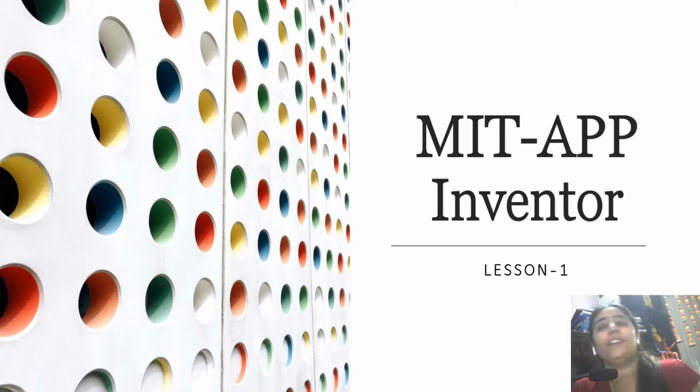So here we are going to talk about the MIT App Inventor app. That is a web-based app. Before that, we will first create mobile apps with the help of this application. What is a mobile app? It is an application that you download from the Play Store or the App Store of a mobile device. You can download it on your smartphone or any other mobile device with the help of the internet only.